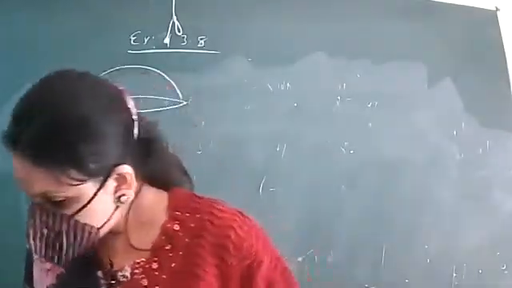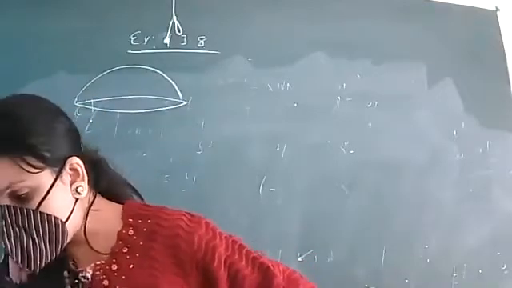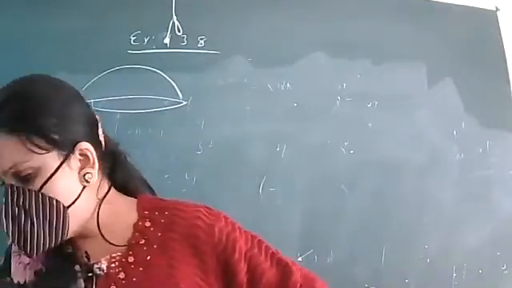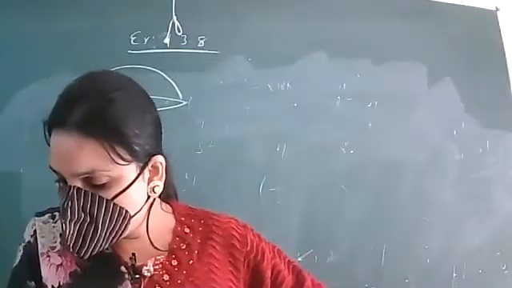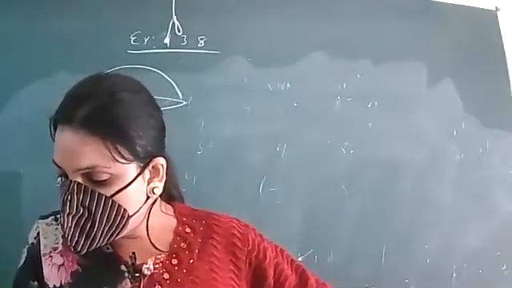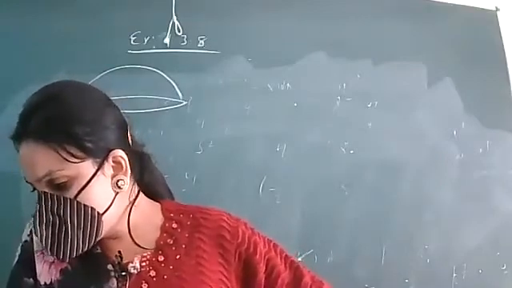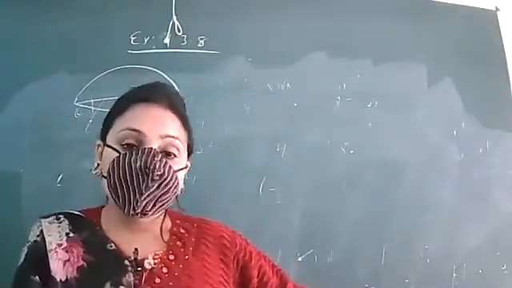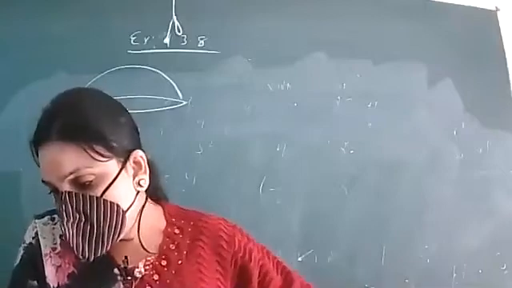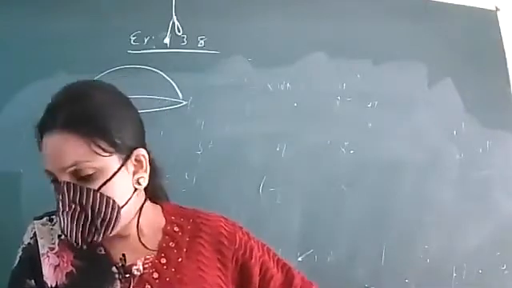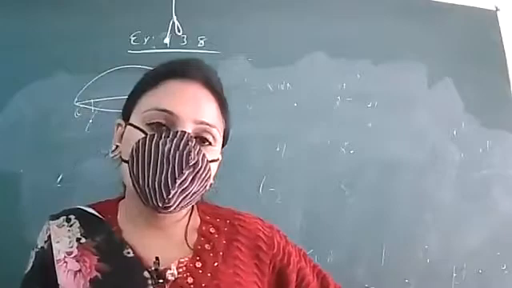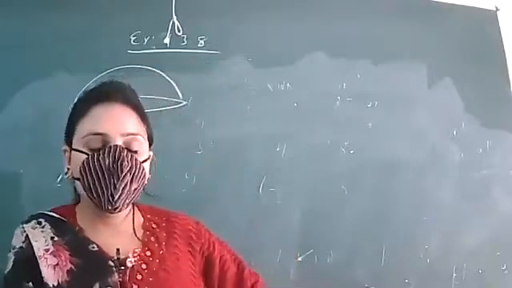What he says is that from inside it was whitewashed at the cost of rupees 498.96. If the cost of whitewashing is rupees 2 per square meter, then find the inner surface area of the dome as well as the volume of the air that is contained in the dome.